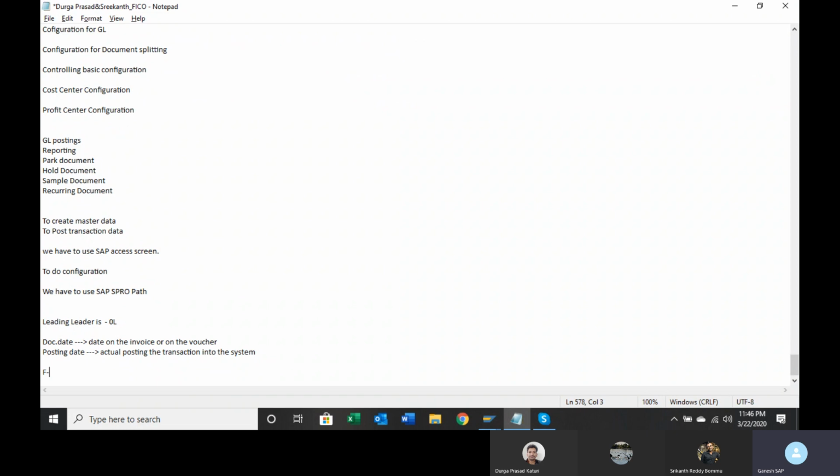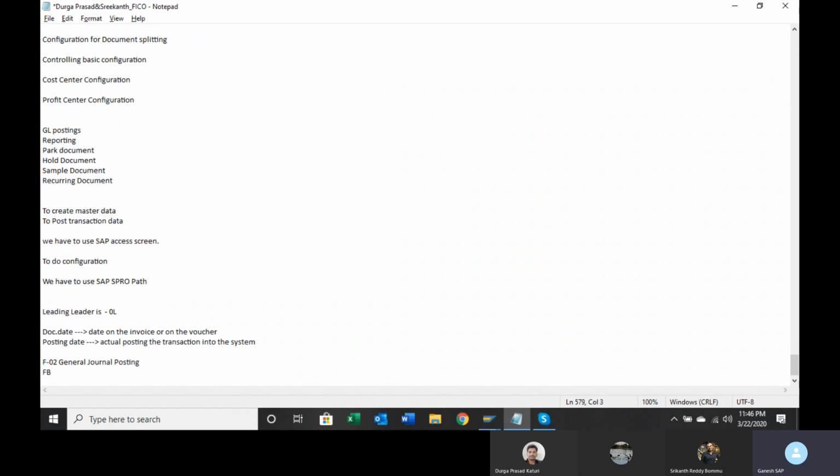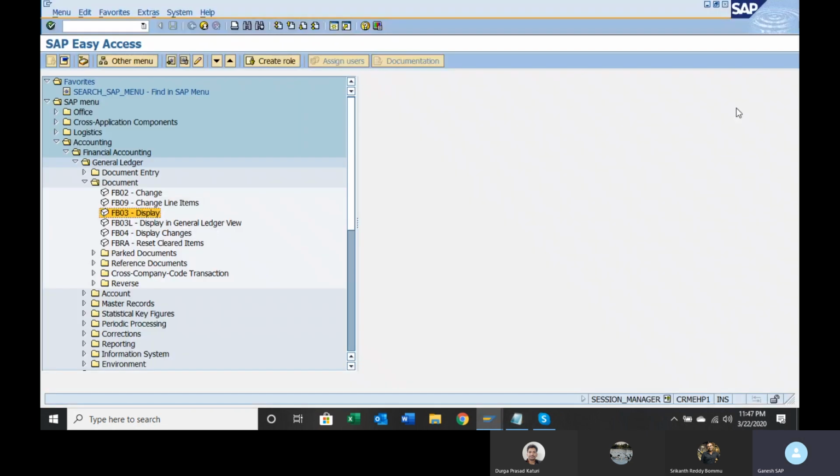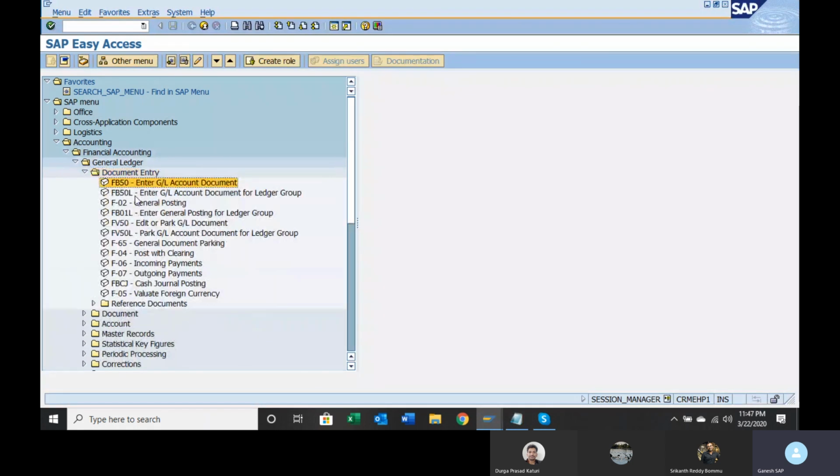We have used transaction code F-02 for general journal posting. We can also use FB50 for the same purpose. So this is the old transaction code, this is the new transaction code. It is up to you whichever transaction you want to use, but in real time users will be using only FB50.